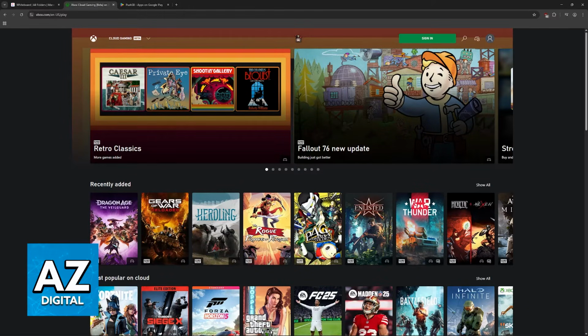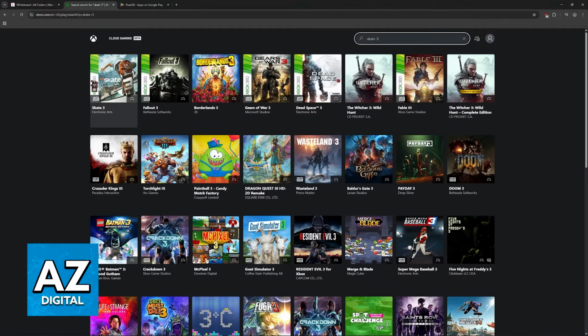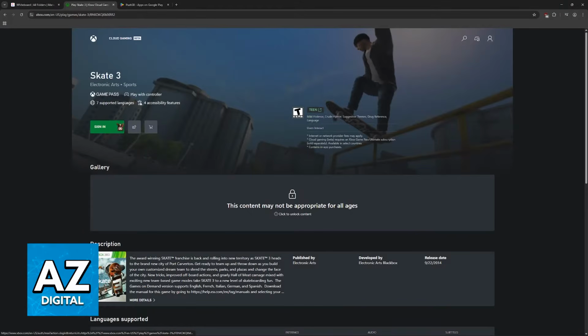So it's like if you had a computer running the game, and instead of essentially connecting your phone to that computer directly, you are simply streaming the game over. So it relies on a very strong internet connection. And as you can imagine, Skate 3 is available on this list of games. So there are a lot of titles available, including Skate 3.